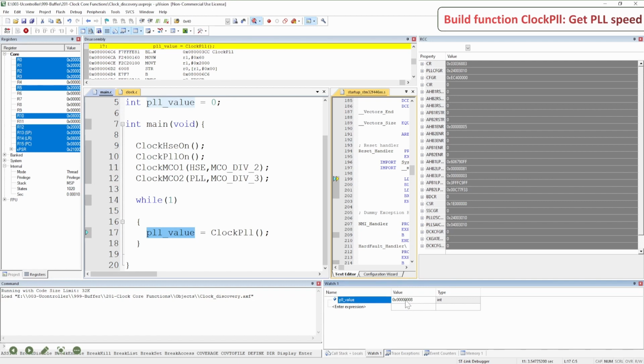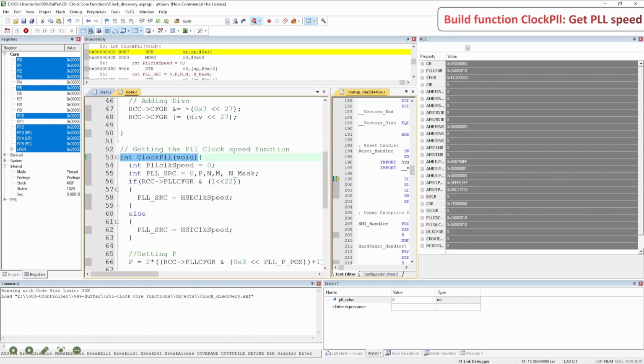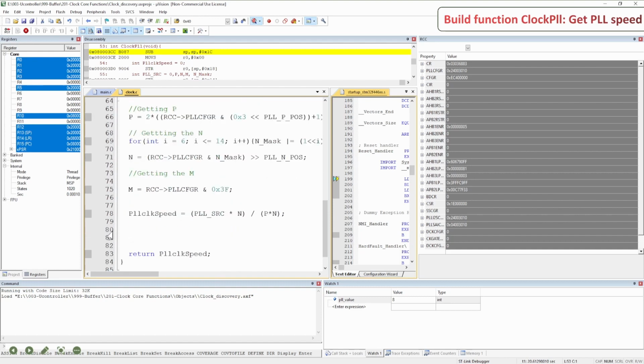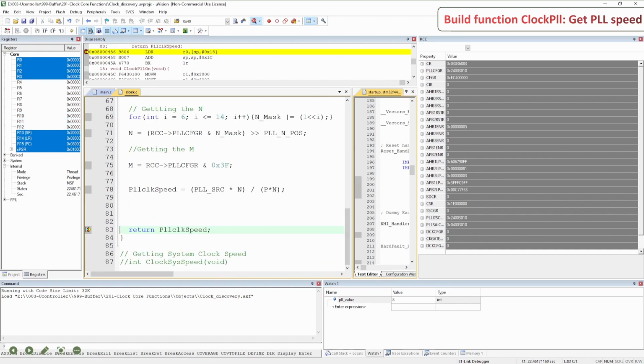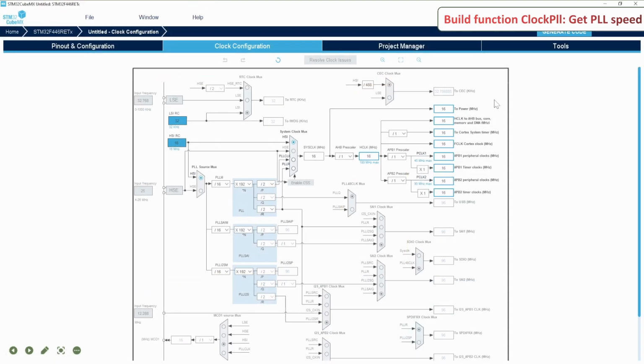So what we get here, and it's interesting, we do have a PLL value equal to 8. So something probably is working wrong. So let's put this one here. So now we are watching what's going on. And if we go to call local one and we check, so what we do have here, the PLL clock speed equals 8, which is extremely strange for me, because if I check those values and I compare them,